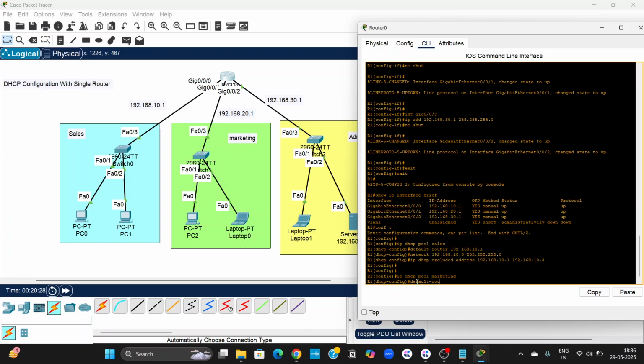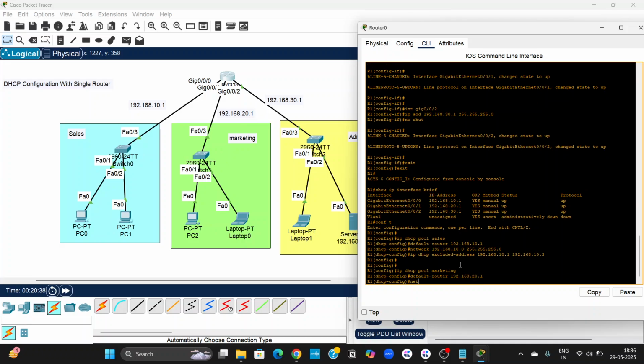The default router for this pool is 192.168.20.1, and the network of this pool is 192.168.20.0. So 20.0 is the network address, and the class C subnet mask, which is